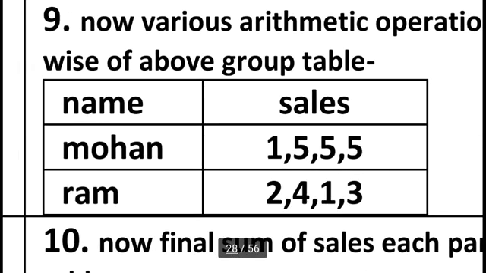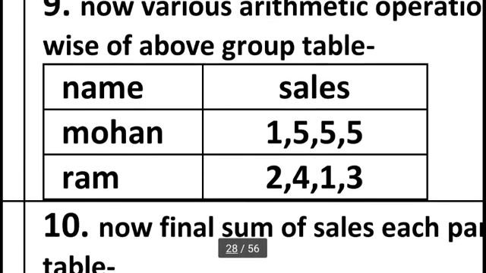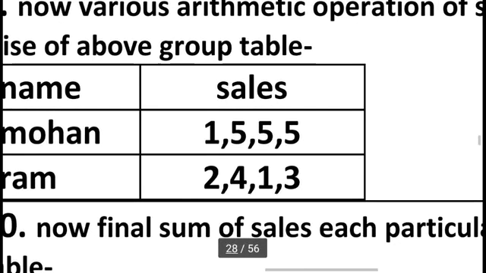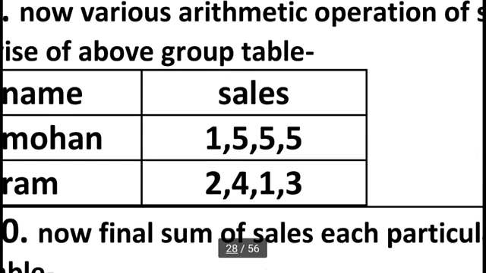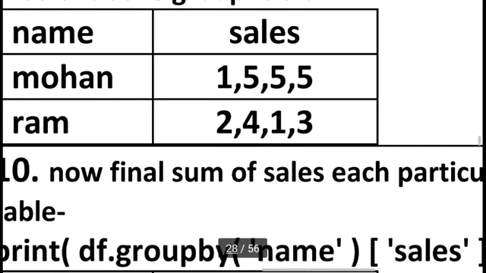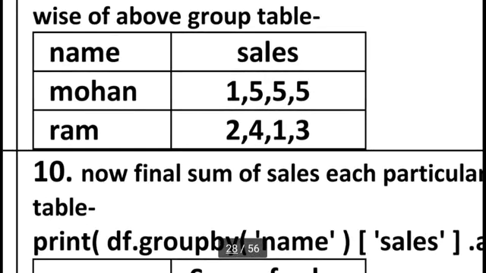Python will perform this operation internally in memory, but this is our data, name-wise and the sales numerical column. But in sales, which arithmetic calculation or which statistical analysis I want to see, we can use so many things. We can sum this data, we can find the maximum of a particular group, we can find the minimum, mean, mode, variance and standard deviation. So first I want to sum the sales for each group.